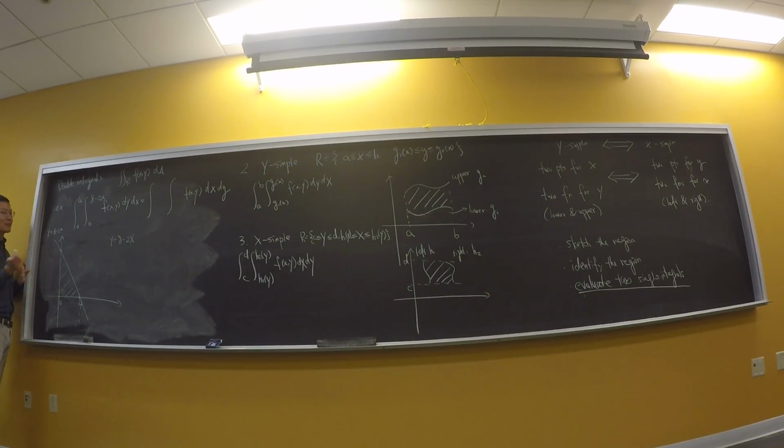Now I ask you this question. If I want to identify it as an x-simple region, I need two numbers for y. Essentially, I'm looking for the smallest value for y and the largest value for y. Am I right? So there should be y equals 0 and y equals 8. These are the two boundary values for y. Okay, two numbers for y. One idea is to just find the smallest